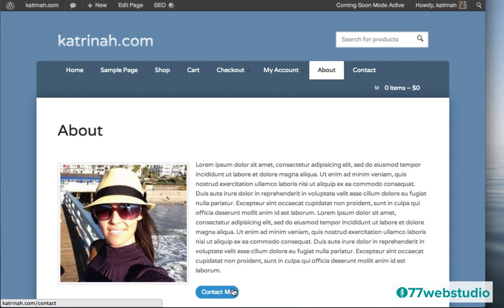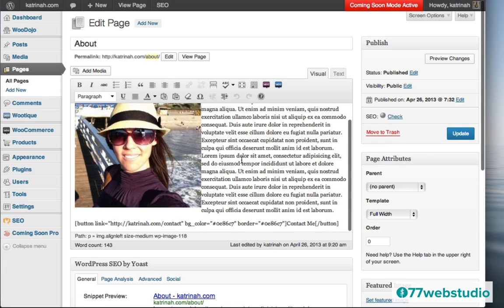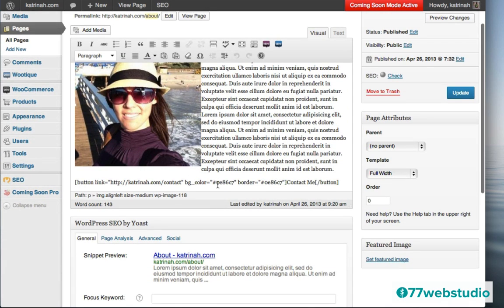I'm going to change the color of this button by going up to the Edit page by clicking on Edit Page here in the toolbar. And then I'm going to scroll down to where the code is. Now the code is located in two locations. Right here it says BG color for background color, and then we also have a border. So I happen to know what the code is, so I'm going to just paste that in. I copied it from another location, so I'm just going to paste it in right here.